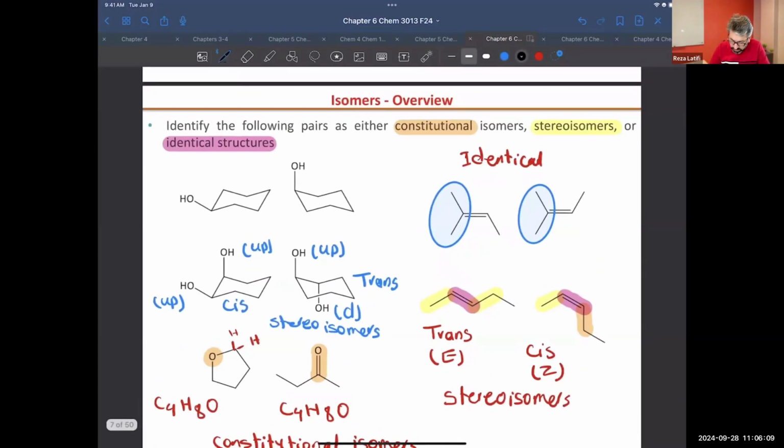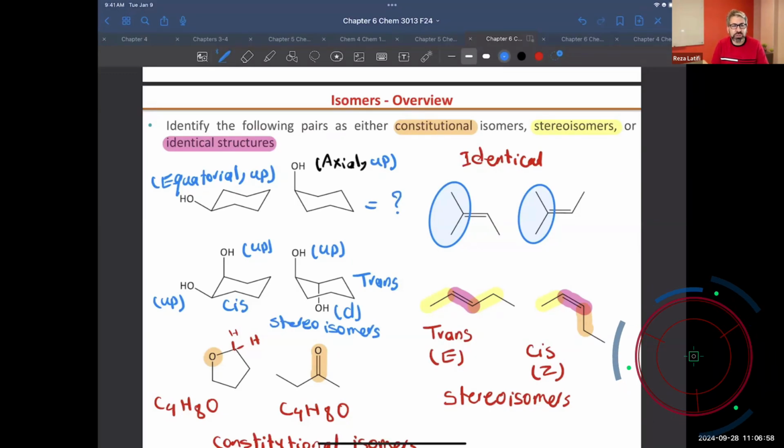Okay. Here I have a structure that has OH in axial position. Okay, so I'm going to say axial, and it's pointing up. And this one, it will be in equatorial, and it's pointing up. Okay, what should we call this? I want you to give it a try, and I will mention this one next lecture. So try to answer this one, whether it's constitutional, stereoisomers, or you're dealing with identical structure. Thank you very much, and I will